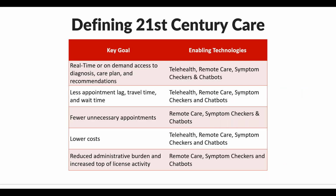So we can't get rid of the PCP. They're too important. So what technologies are we looking at here? Well, the report focuses on 3 real technology areas that enable primary care, that offer some kind of relief or assistance to providers and patients, and that enable patients to be more involved in their care, to be more educated, more informed, to participate in shared decision-making, and really engage that relationship for improved results. The report looks at telehealth, at virtual and remote care platforms, and at AI symptom checkers and chatbots,